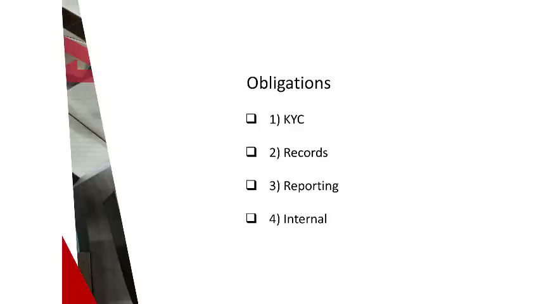The obligations are: know your client. As we said, when you establish that business relationship, you have to verify his identity and you have to maintain your records. Then report suspicious or unusual transactions, and then also you have to have an internal compliance officer. So if you have a one-man estate agency business, then you are your internal compliance officer. If you have a larger business, you have to at least have someone who's responsible or charged with the responsibility of maintaining your FICA records.